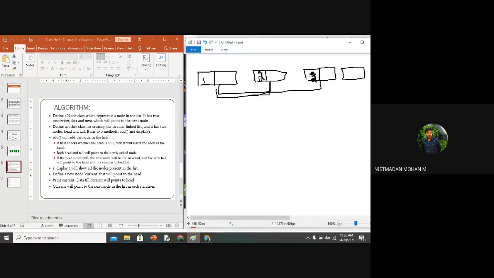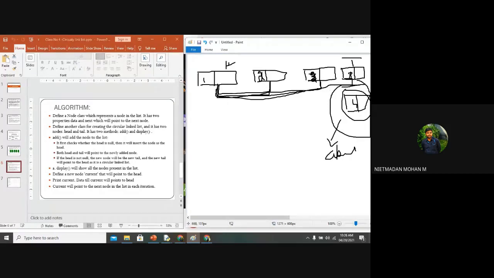And again, when you are inserting 3, the 3 is added here, and a new node will be created for 3, but this is the tail that will be represented as the head. And again if you are creating 4, this 4 will be added here, and a new node will be created for 4, but this node will not be accessed in your list. This 4 will be accessed as the tail, and this will be the head. So this will not come under your list process. This process is called abstraction: whatever happens inside those lines of code will not be viewable to you.